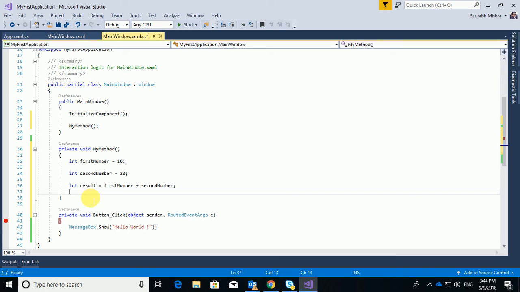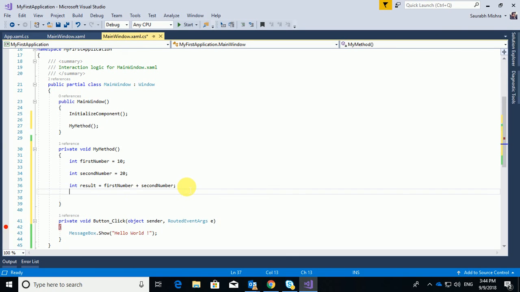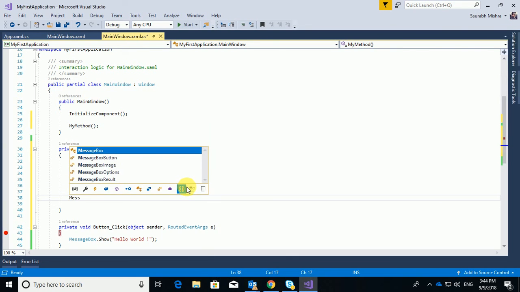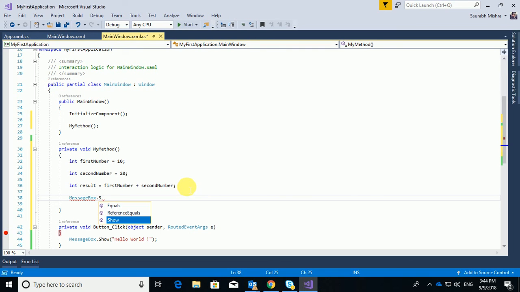And if I want to print this result on a message box, I can do that through message box dot show result.